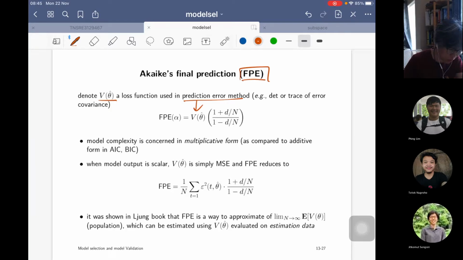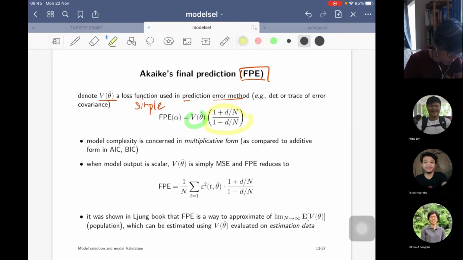In this FPE, as I said before, the trade-off between model quality and model complexity is represented in multiplicative form. So for a simple model,